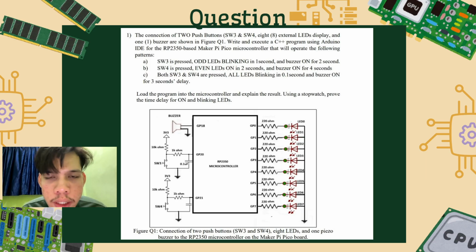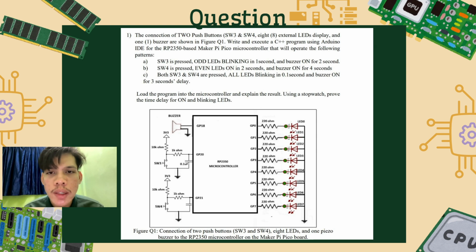This is the question. Let's find out the question first. The connection of two push buttons, switch 3 and switch 4, and external LEDs display and one buzzer are shown in figure Q1. Write and execute a C++ program using Arduino IDE for the RP2350 based microcontroller that will operate